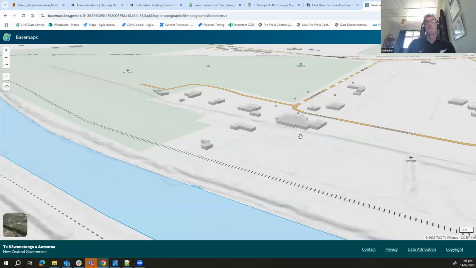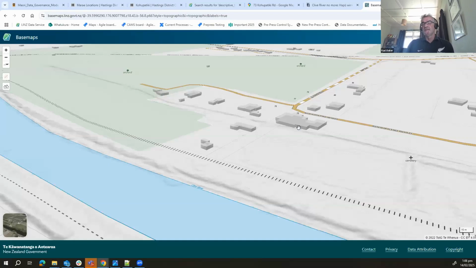And for us to deliver building outlines with no attribution on it whatsoever is a good thing. But those are the discussions that we'd like to have around what we should be showing, how we deliver it, and really understanding ownership and sovereignty over that data. So I think it's really exciting times ahead.